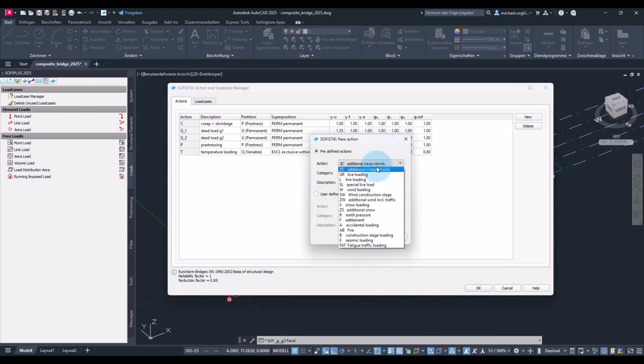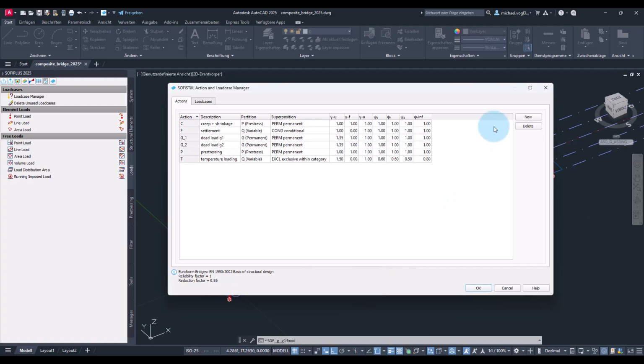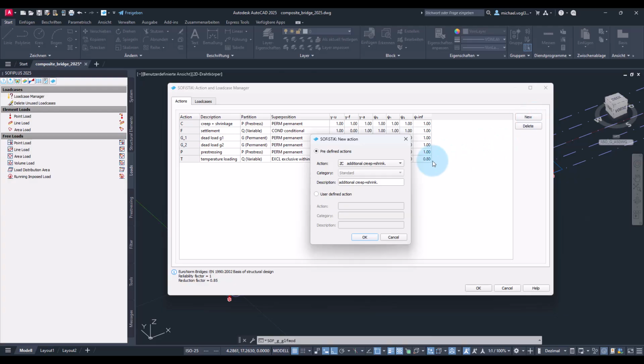I will create, for example, an action for settlement, load cases, and of course we also need actions for the traffic loads.